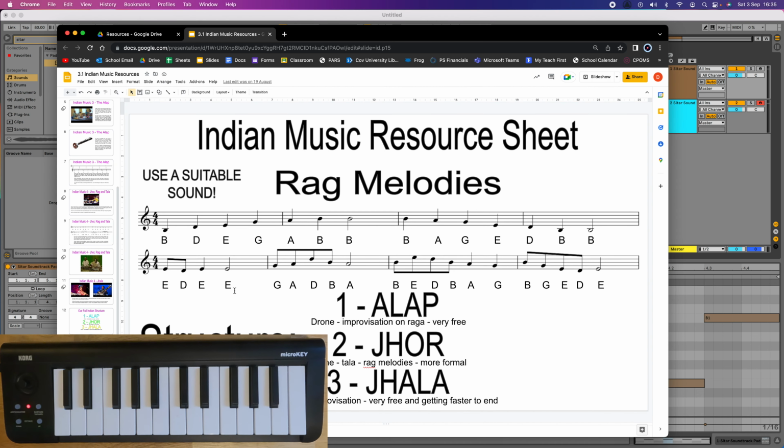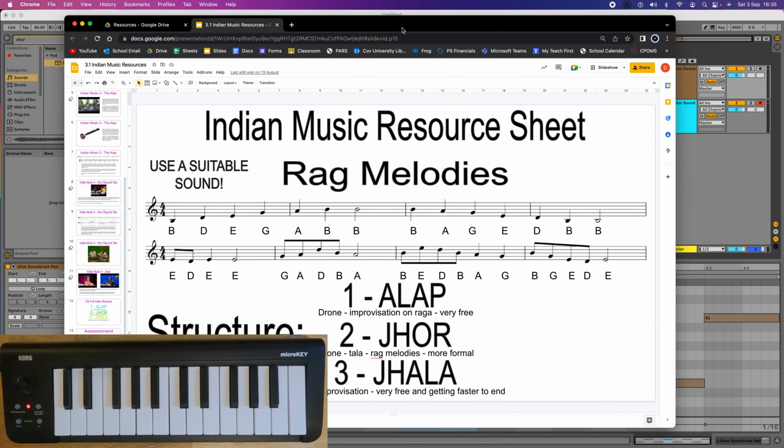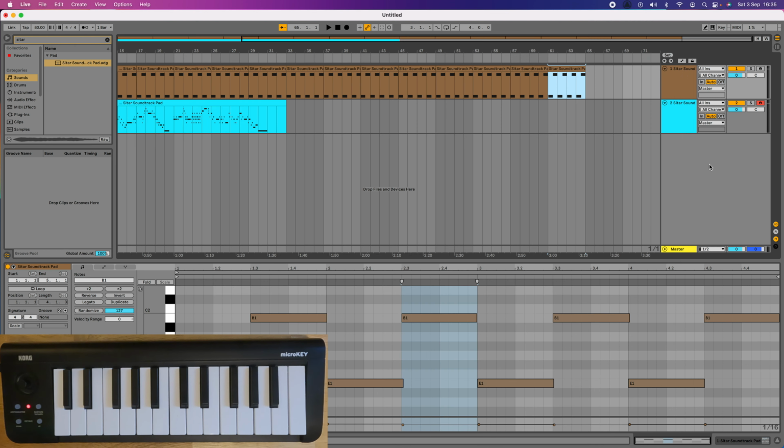Now it would be nice if we could include the tala at this point. Now the tala is the rhythm cycle. We've been learning about these in lessons, or at least you would have been learning about these in lessons, so this should be familiar to you, hopefully, before you get to this point. If not, here's a sneak preview and we're getting you ahead of your peers. Think of it like that. Okay, we're going to use some samples to create a nice authentic Indian drum beat, because we are lucky that